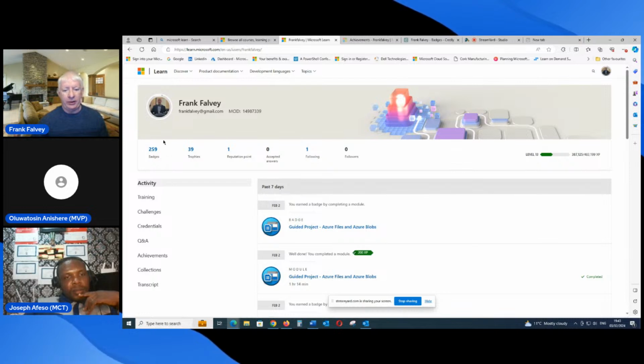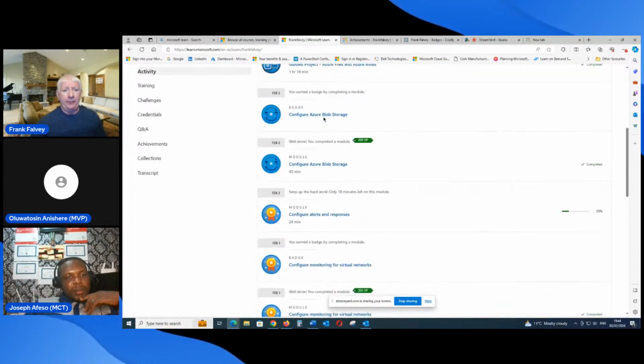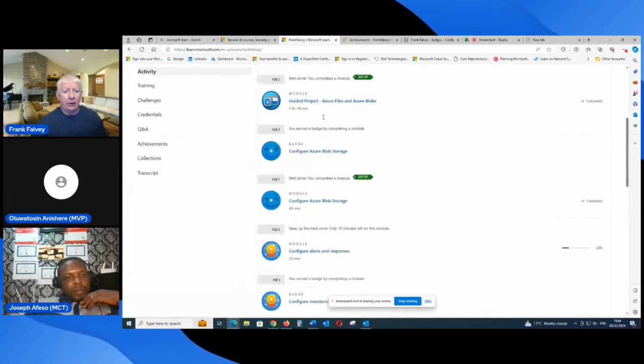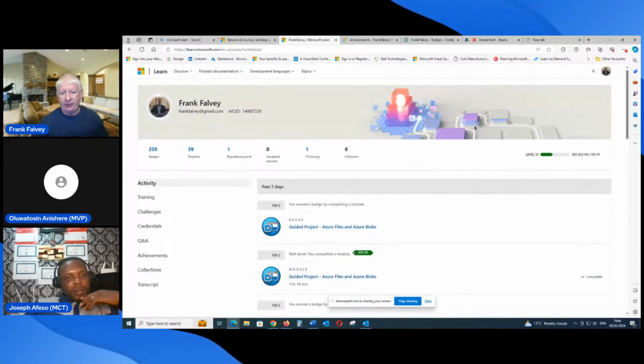I've been doing this for years, so don't take any notice of the big number 259 on the left. I think I've been doing Microsoft Learn since around 2017, so about 6 years. It will track all the stuff you've done, and I've completed some and am finishing off others, 25% there.